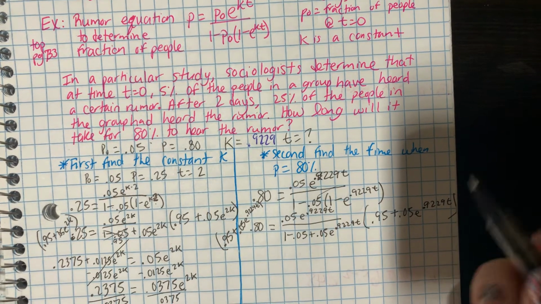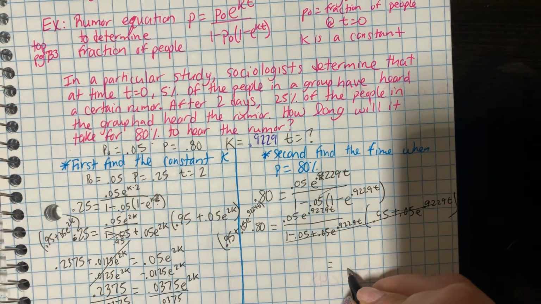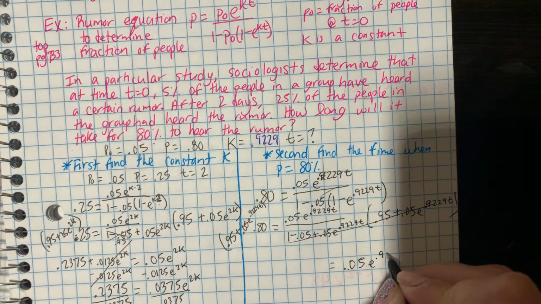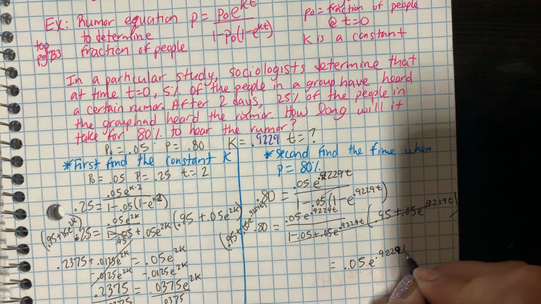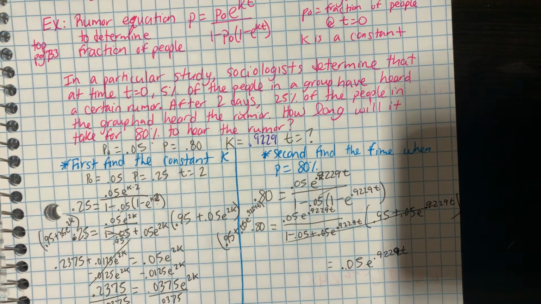So this goes away. On this side of our equation, we'll have 0.05 e to the 0.9229t. And on this side, we're going to distribute, so we'll have 0.95 times